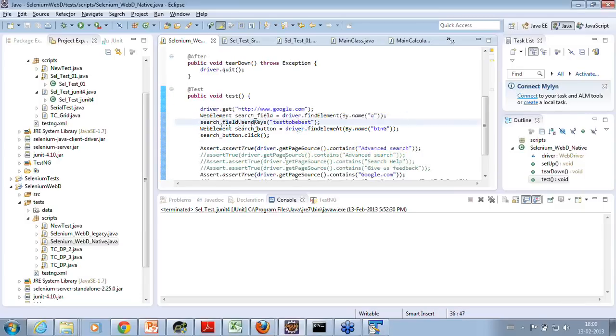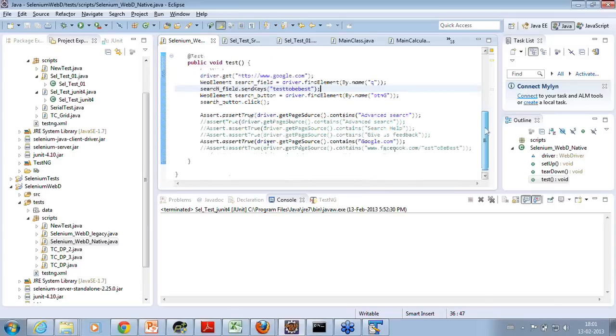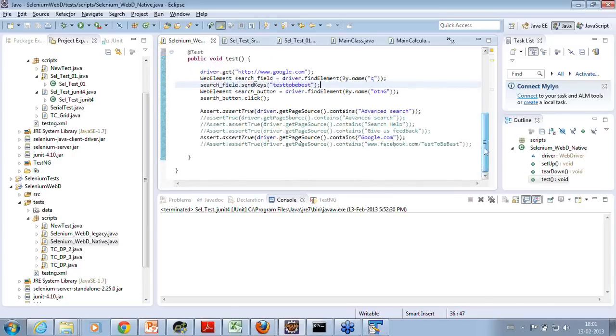Then I say search field dot send keys, the test text, and find the search button with driver dot find element by button, and then search button dot click, that is, click this button. Then I say assert true, that is, verify whether advanced search is there, verify whether google.com is there on that page or not, these kinds of things.